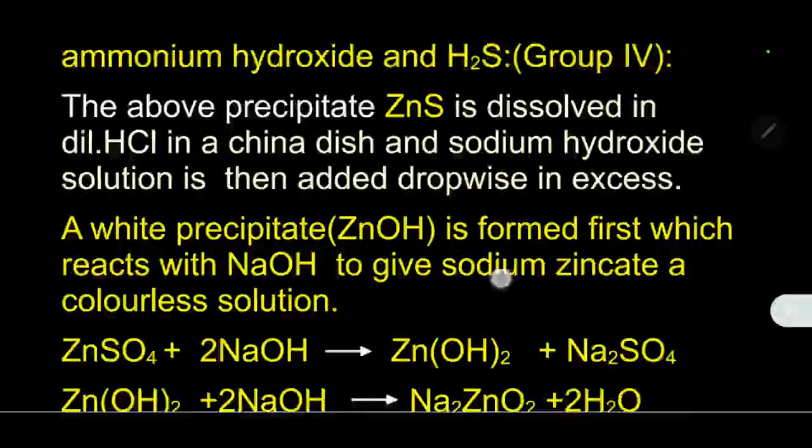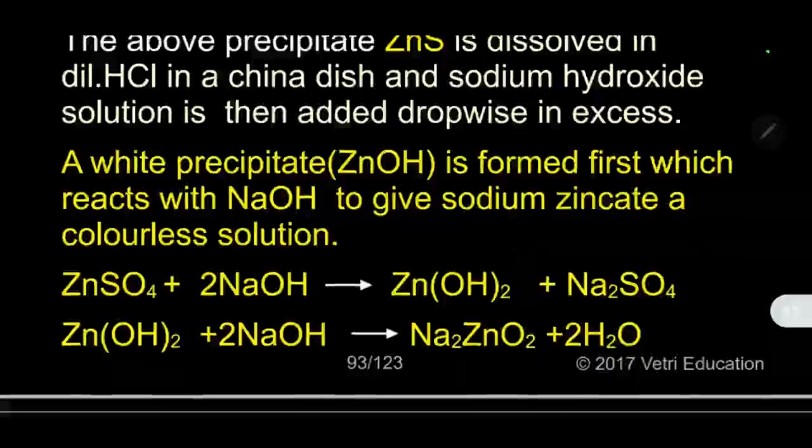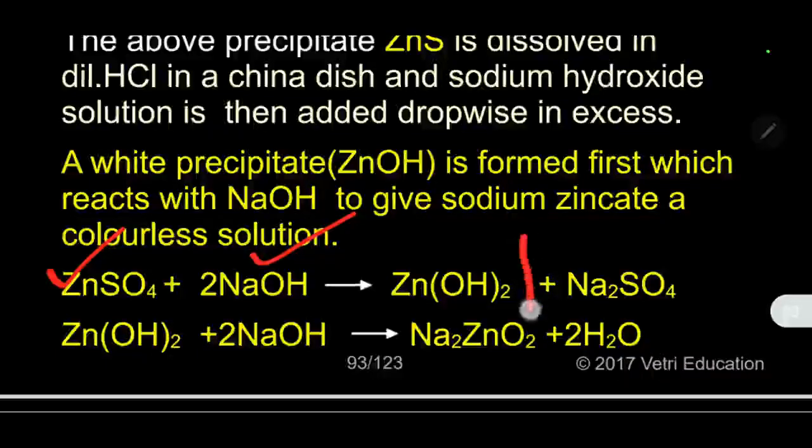See the reaction below. Kindly follow. Zinc sulfate solution we are treating with sodium hydroxide. When 2 moles react, we get zinc hydroxide, a white precipitate, and sodium sulfate. And if you add excess, again 2 moles of sodium hydroxide, zinc hydroxide is converted into sodium zincate, Na2ZnO2,